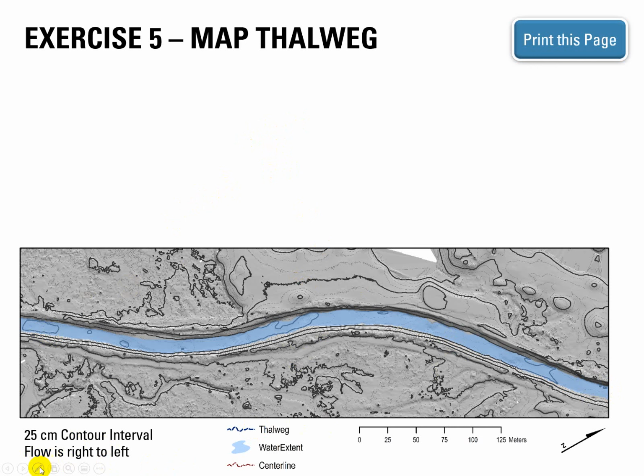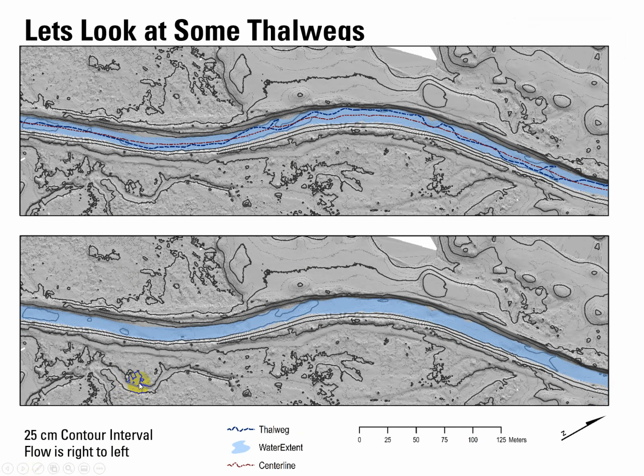Okay, assuming you've given that a try. Up top here, what I'm showing you is actually from a model that's derived this. So just for reference, I've put the center line in red. So hopefully you can see that. And so this is the center line coming down that channel. And then the thalweg